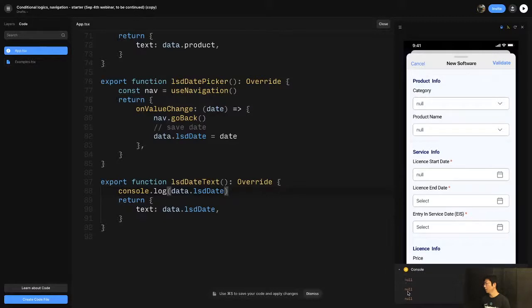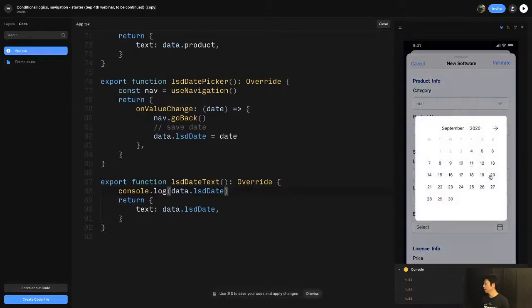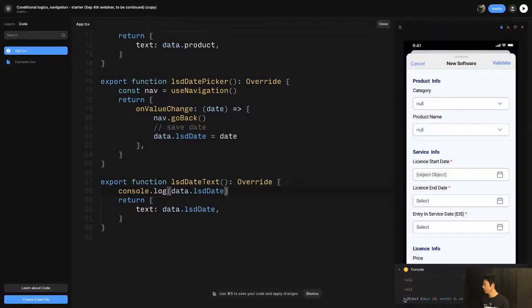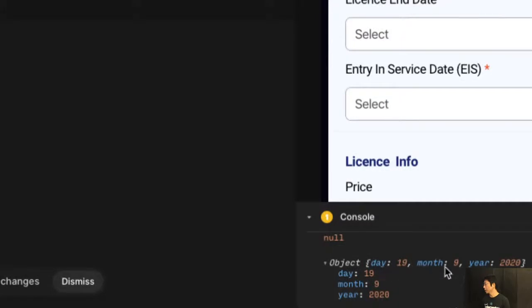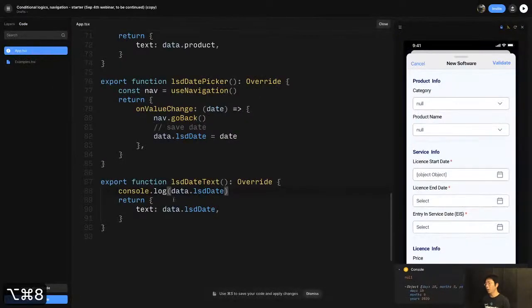So by default, it's null, right? By default, it's null. But after we choose something there, it's an object with 3 properties: day, month, and year. Okay, so that's what we wanted. So how are we gonna actually populate this text, right? We can do it this way, and extract all the properties from that object: year, month, date, and then use that to actually